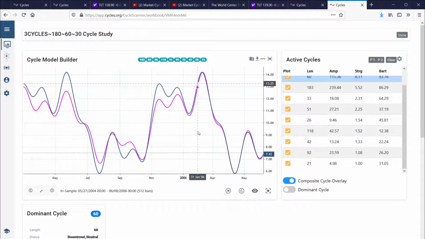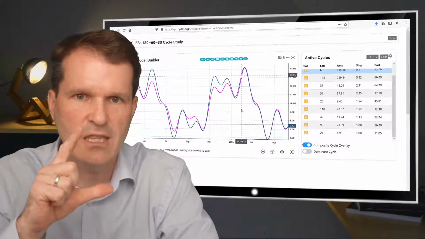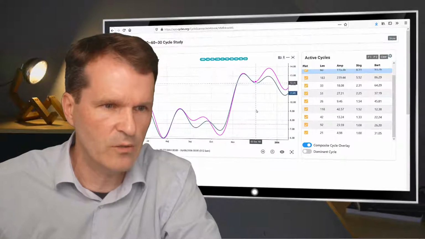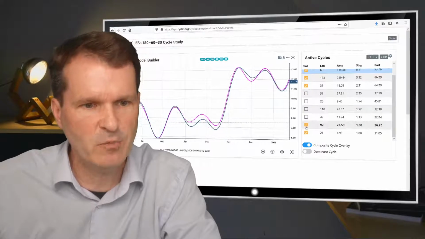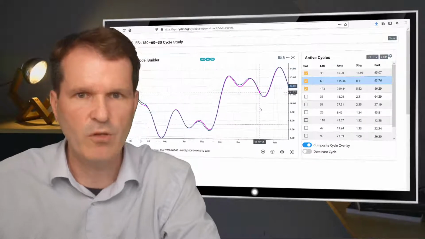You see that the amplitude difference is getting higher and higher, but not the turning points. That's what I wanted to tell you here: we are looking for aligning the timing signals of these cycles, and we can accept the difference in amplitude, because even with the false cycles, you will not see a change in the key turning points. But anyhow, I think I've explained how to detect the difference with your eyes.